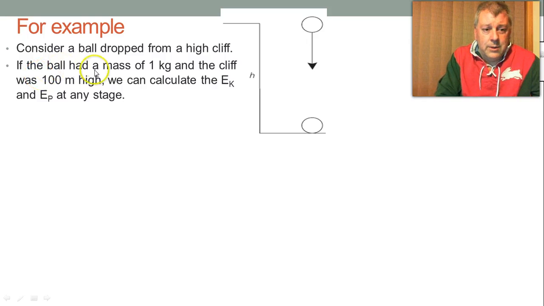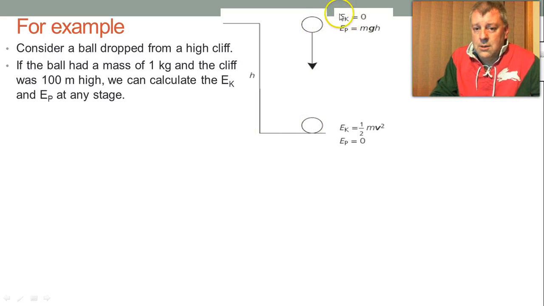So if the ball had a mass of 1 kilogram and the height was 100 meters high, we can calculate the kinetic energy and the potential energy at any stage in going from here to here, because up here the kinetic energy is 0 and it's at maximum potential energy. Down here, just before it hits the ground, it's got a maximum kinetic energy and its potential energy is 0. Now we can put that into a table,